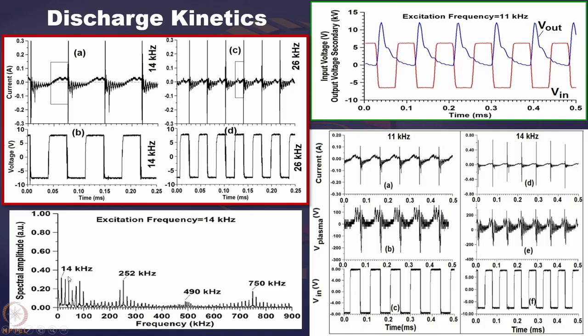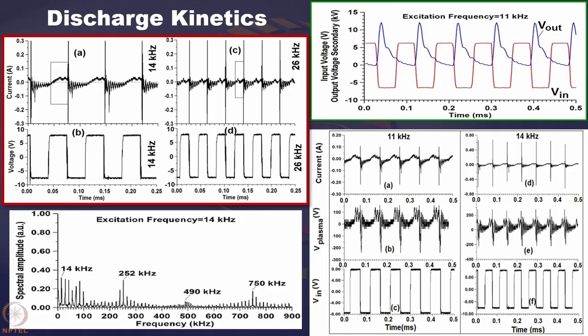That is what is shown here. So this is the 14 kilohertz excitation frequency, and of course you get a 14 kilohertz signature in the frequency spectrum. These are the frequencies. But what is interesting is that plasma is showing an oscillation well beyond this 14 kilohertz excitation frequency. You are getting a peak at 252 kilohertz, 490 kilohertz, 750 kilohertz. So there are actually some frequencies which are generated in the plasma itself due to its very special nonlinear dynamic